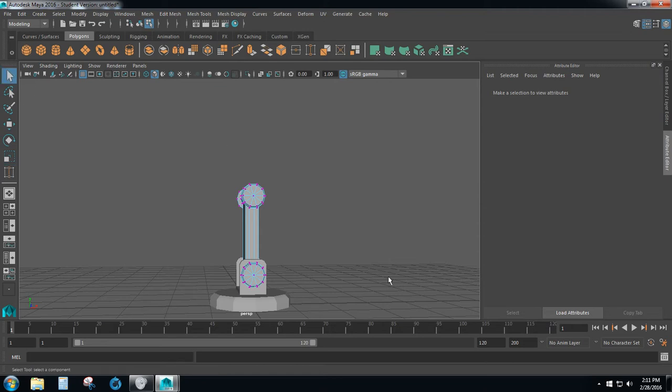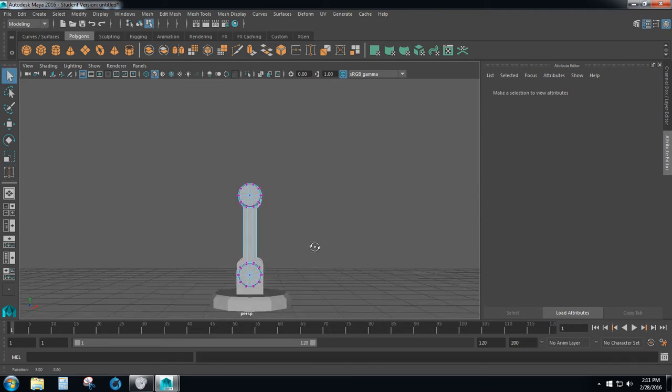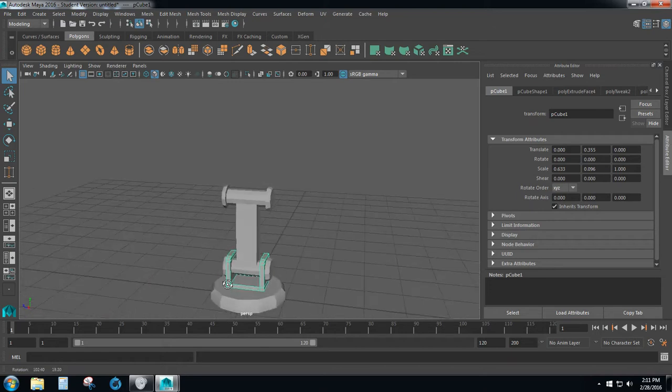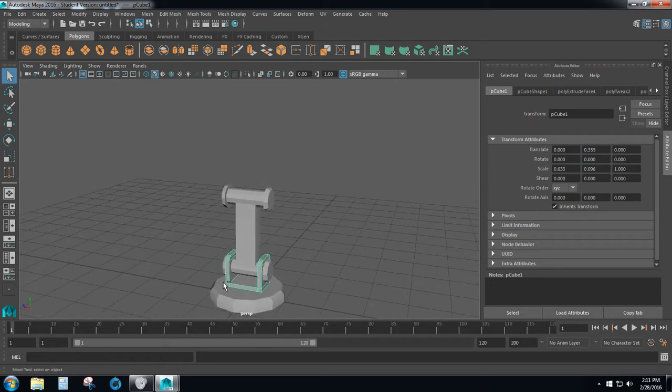So click the selection tool and, well, we're going to go back into object mode and then click on this lower bracket here. We're going to duplicate it as well. So hold down Control and press D and press W and bring it up just above the arm, and we'll do that one more time. Control D